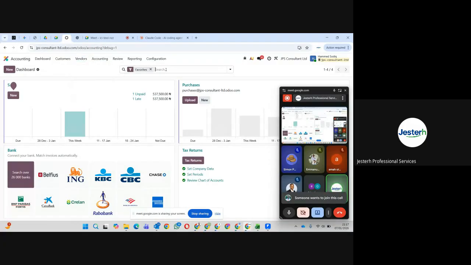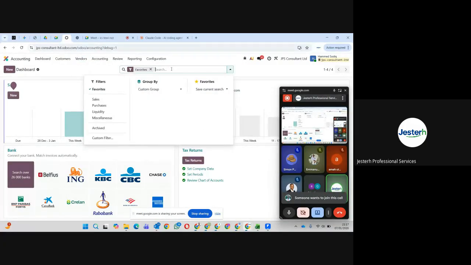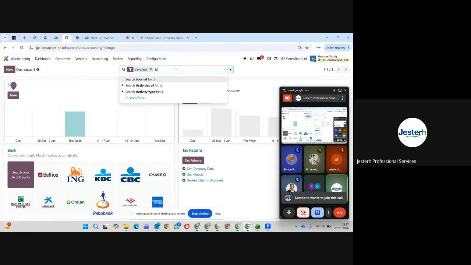And also another way you can utilize is the search function. Anything that you want to do, if you don't know which tab to go to, if I type bill here,